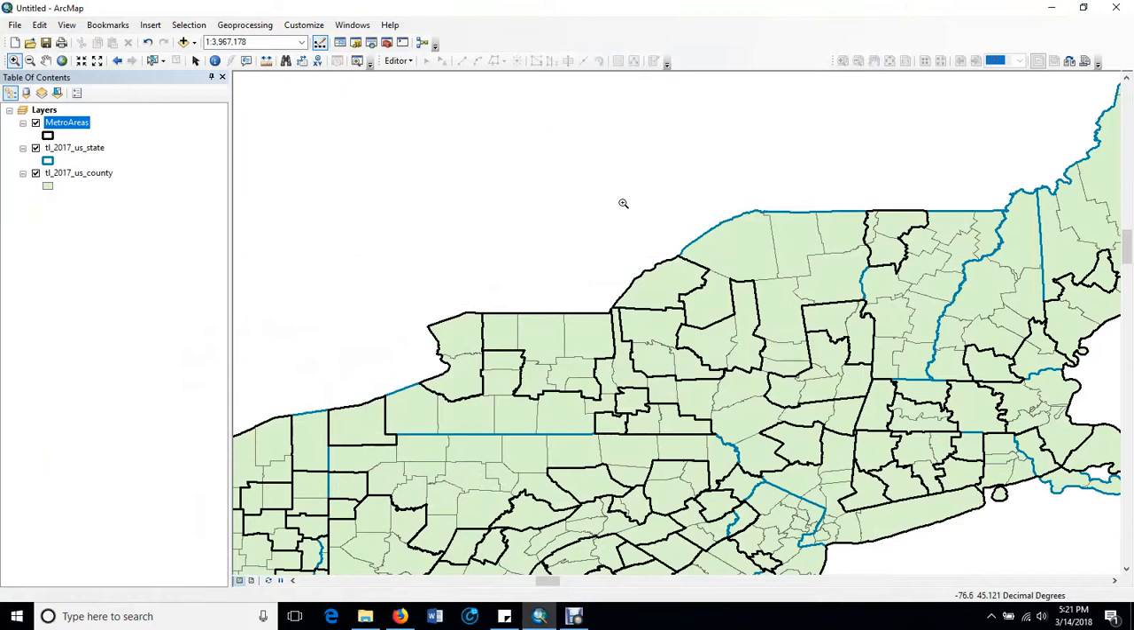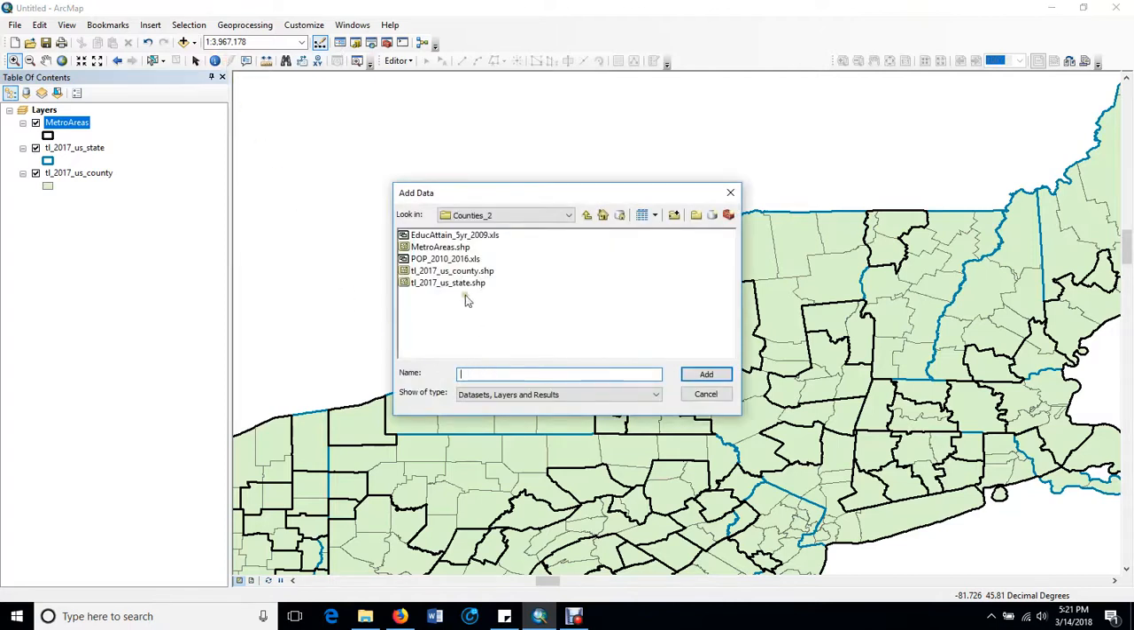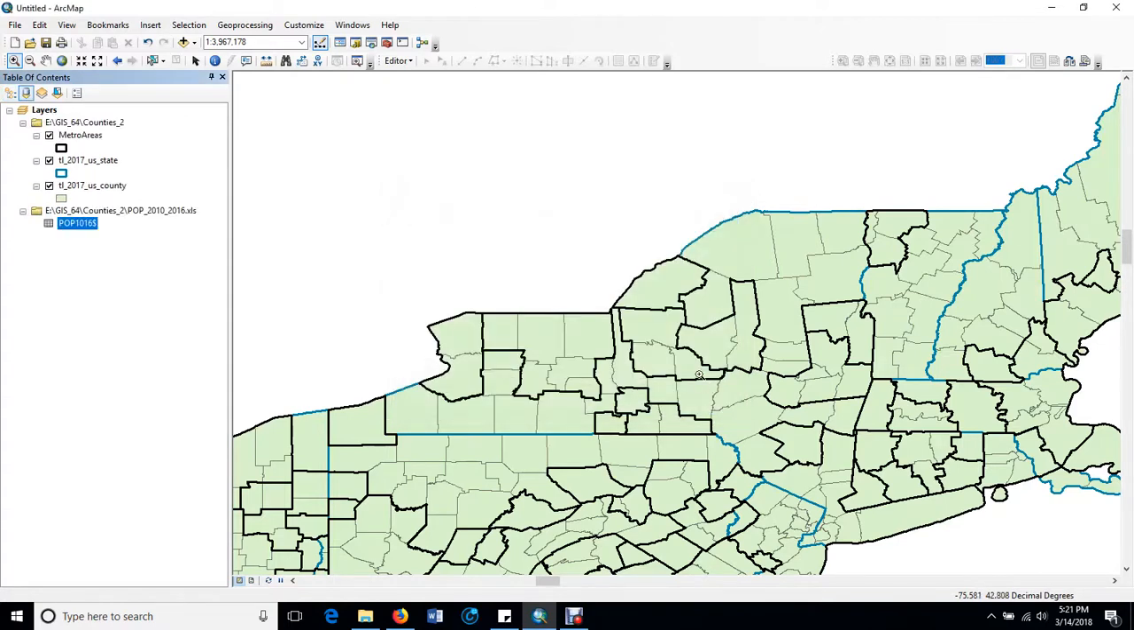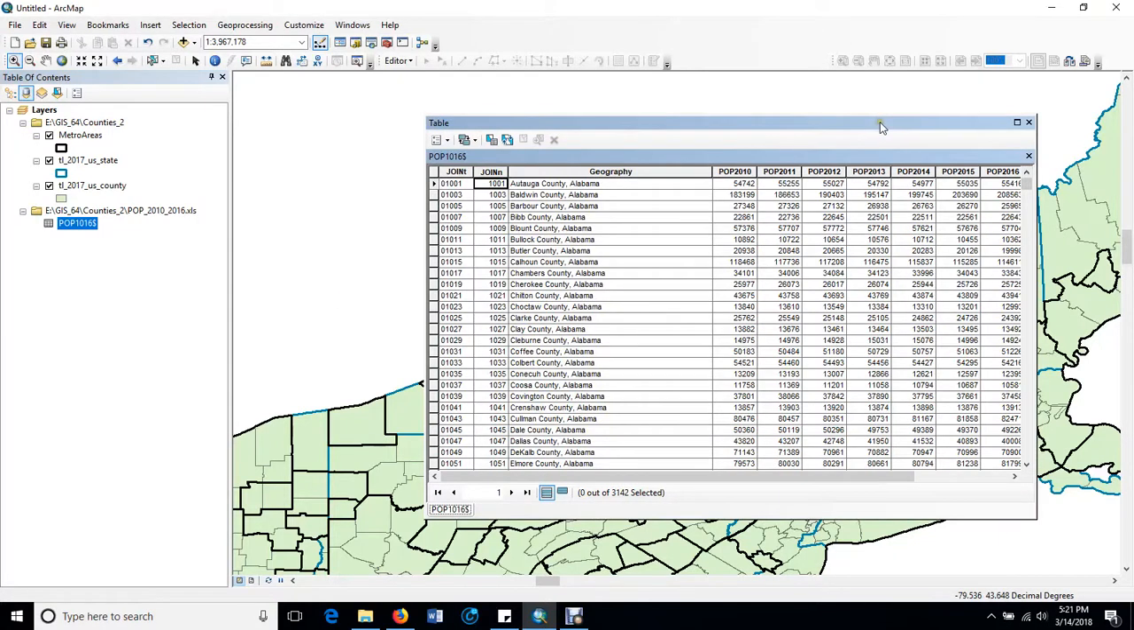All right, so let's add that file we just created. It is the Excel file population 10 to 2016. We'll add it in there, the Excel file I created. It's one of the sheets in the workbook. And we'll take a look at it, see how it came in, right click and open it. And what it contains